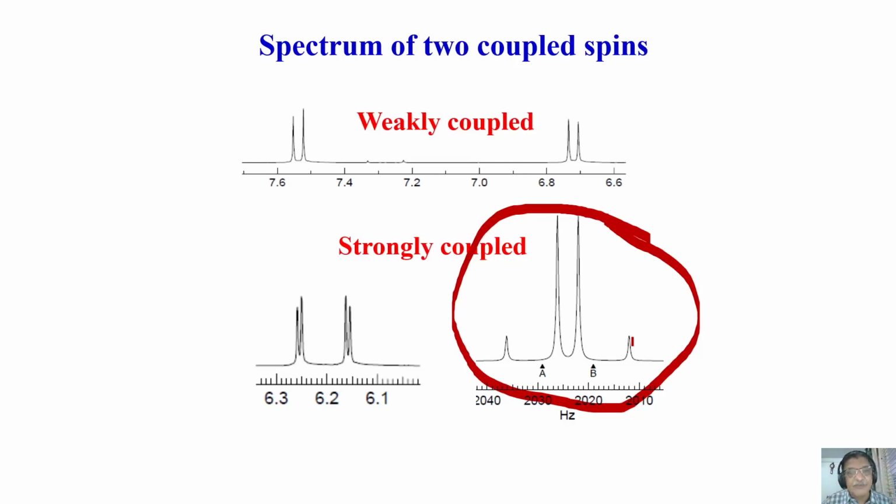I am going to discuss more about strong and weak coupling when I analyze this theoretically using Pople nomenclature, to show how we can analyze the spectrum. I'll come to that later. We will use the Pople notation when I say AX, AB, AMX. When do you want to use it? We will discuss all those things later.